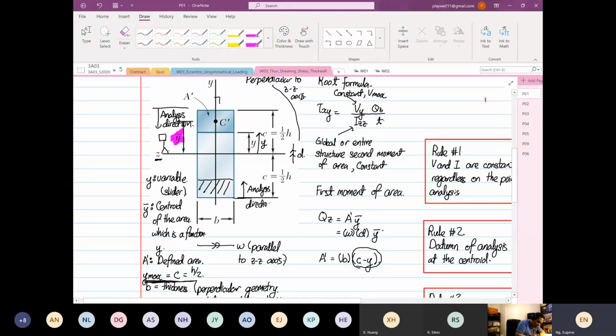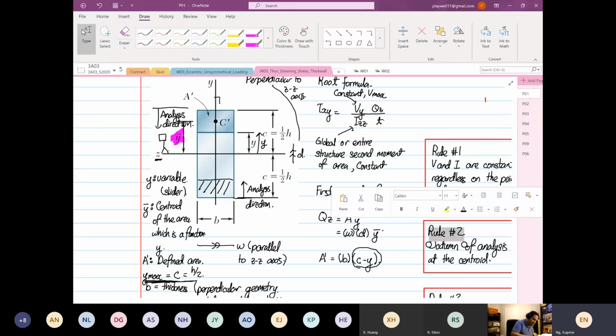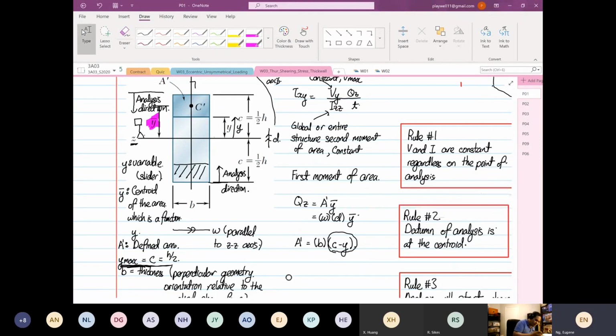All right. So from here, we already know our area. Then we want to find our y bar. So our y bar is equal to c plus y